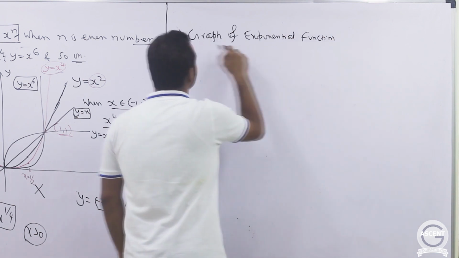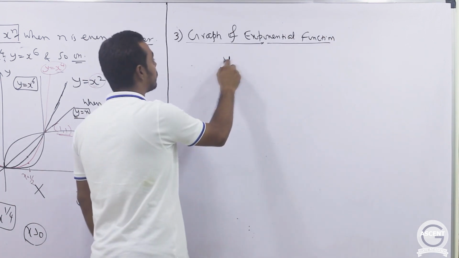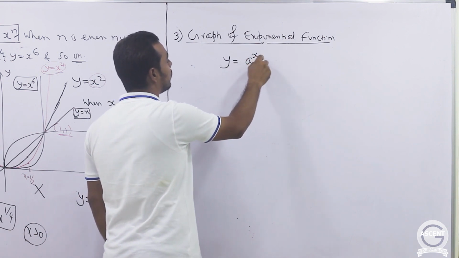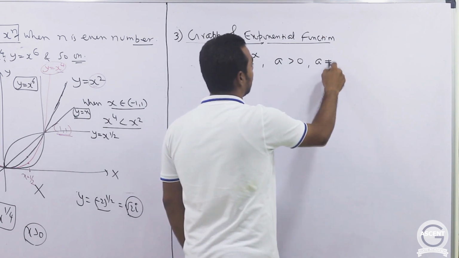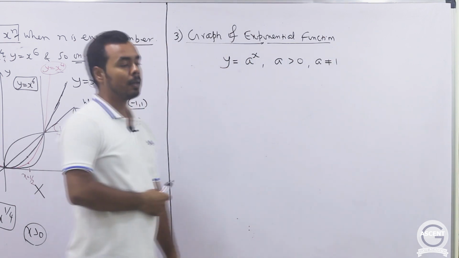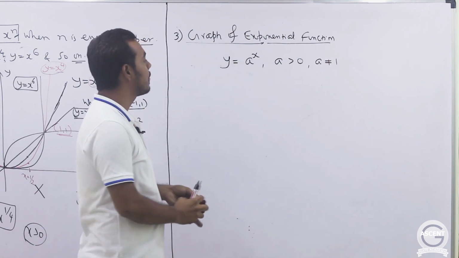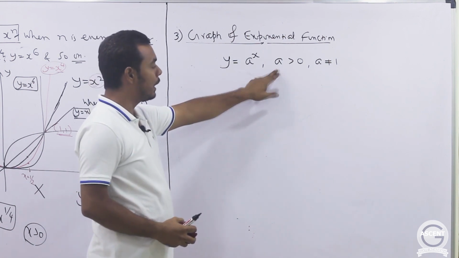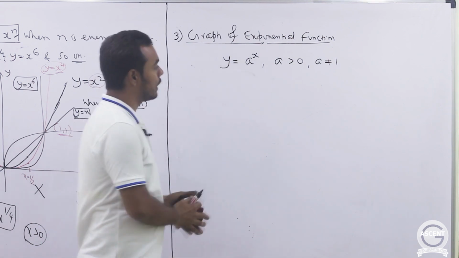First of all, let me explain how this exponential function is defined. Exponential function is defined in this manner: y equals to a to the power x. A is any positive number and a is not equal to 1. If a is 1, then y equals to 1, this will become a constant function. And if a is any negative number, then a to the power x will not be always defined, meaning that